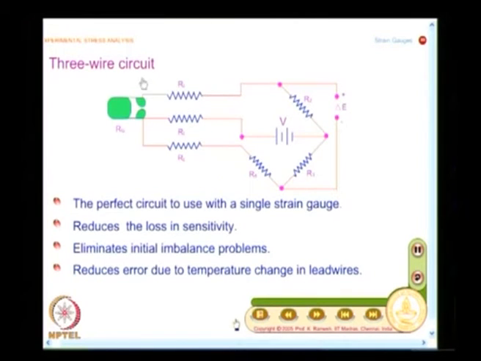You need to have a decent sketch of it. You need to know what is a 2 wire circuit, that is very simple and straightforward. You should know how to connect the 3 wires intelligently to form the Wheatstone bridge. And whatever the third wire that I use, this is essentially used to connect the voltage, that does not take part in your initial imbalance problems.